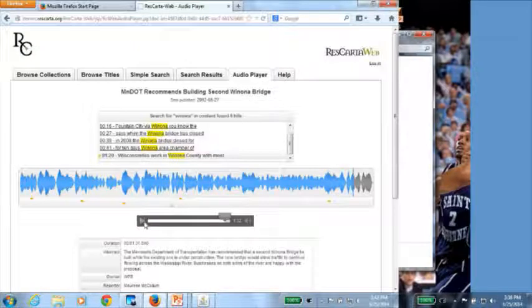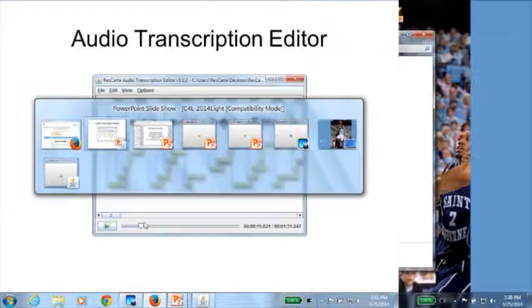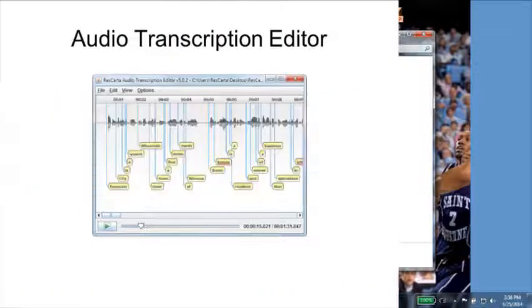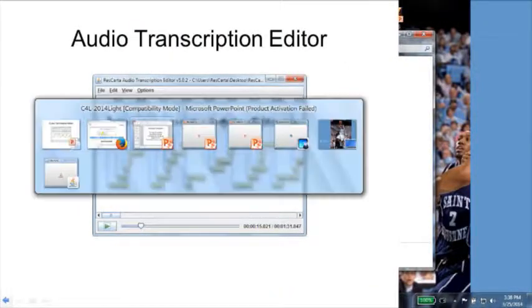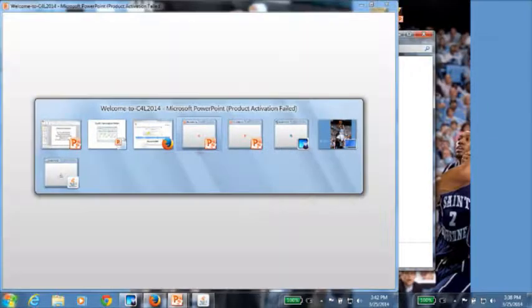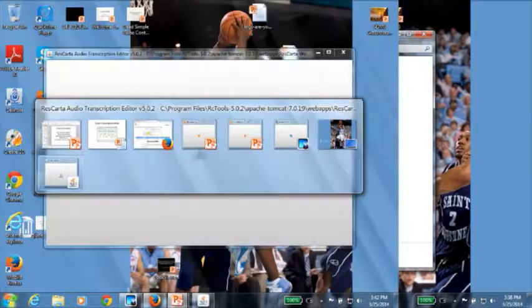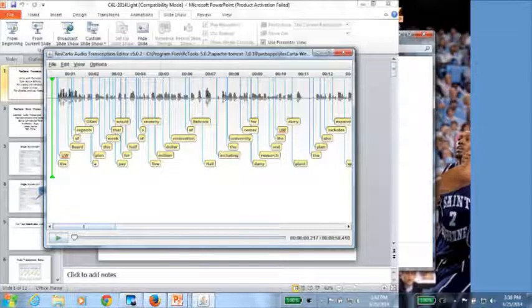So basically what you're able to do with audio is the same thing you always used to do with text, but now you can merge your text and audio archives together. The toolkit was somewhere down here. I guess it's not up there. Yeah, this is live stuff. Where the heck did it go? There it is. This is what the audio transcription editor looks like. And basically what you're looking at...